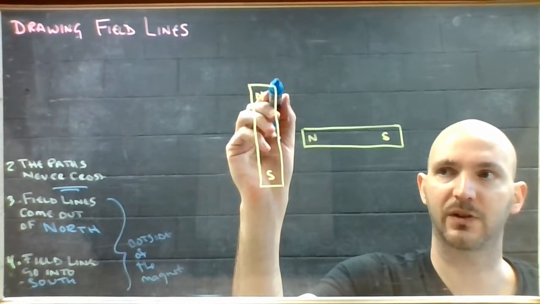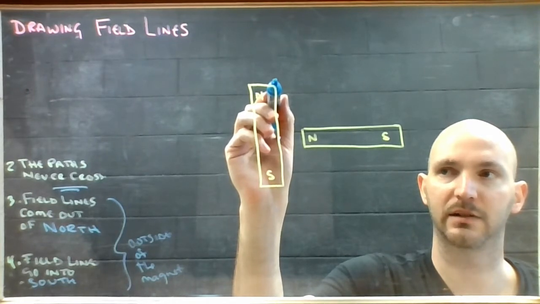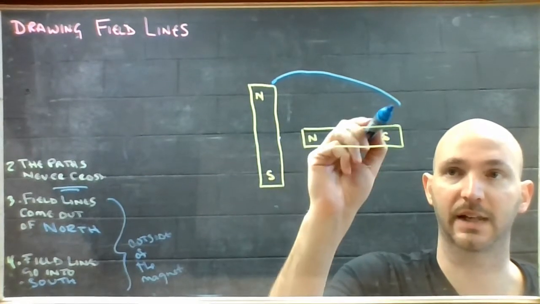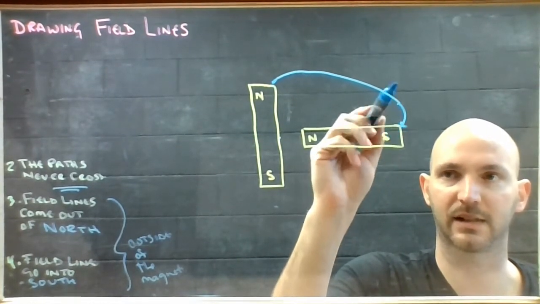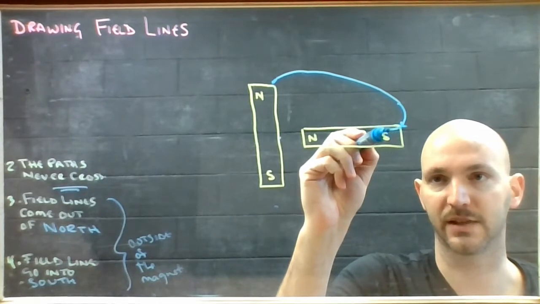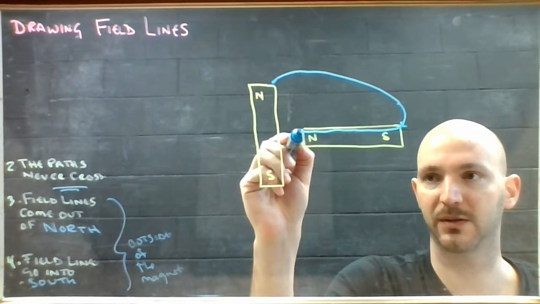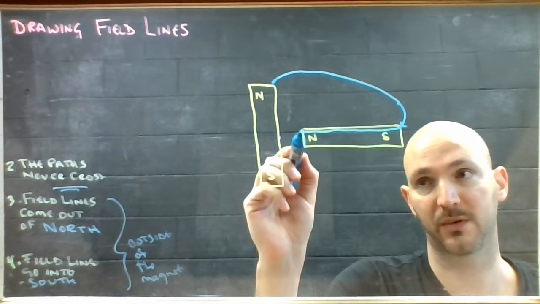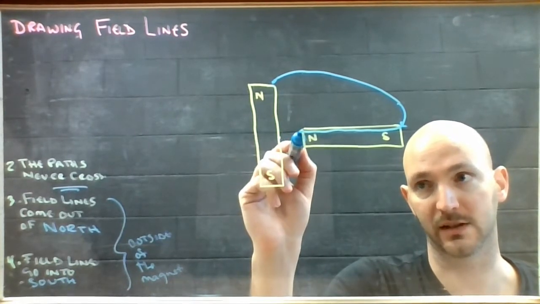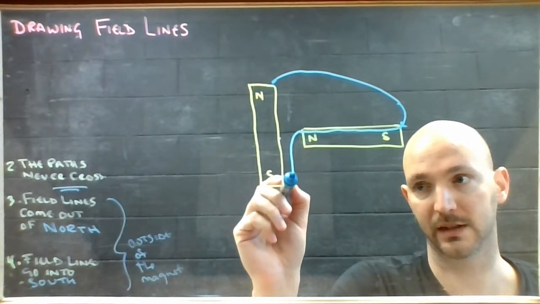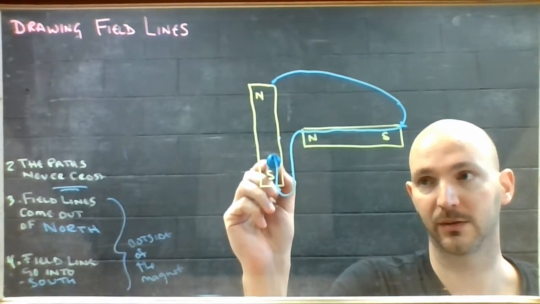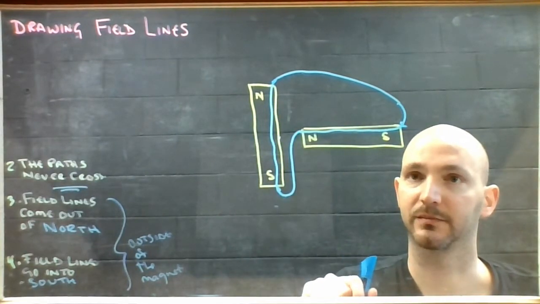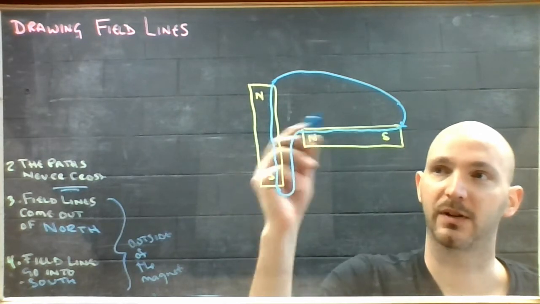And so if I try and do that, as I'm trying to get around to this south pole, I encounter this one. And so I'm going to get sucked into that. And then field lines go through the magnet, come out the north. Now I need to get from the north to the nearest south pole, and I also need to connect this loop. So maybe like this, and through the magnet. So I've got a field line there. If I try and draw that again,